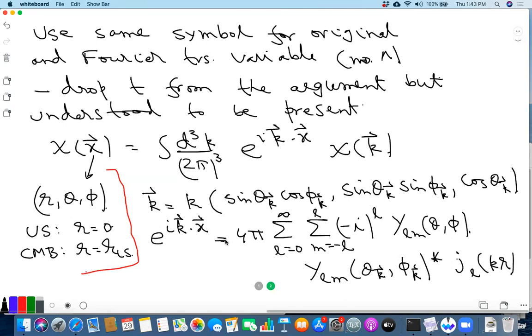So this is an identity. If you have seen it, you may recognize it. If you haven't seen it, we can probably look up some books on special functions, but this is a standard identity that one normally uses while dealing with scattering theory, for example. In quantum mechanics, where you have an incident wave, you want to decompose it from the plane wave basis into the spherical wave basis, and this is the way one does it. So the idea is that we will write this in this expansion. Is this clear? Are there questions?